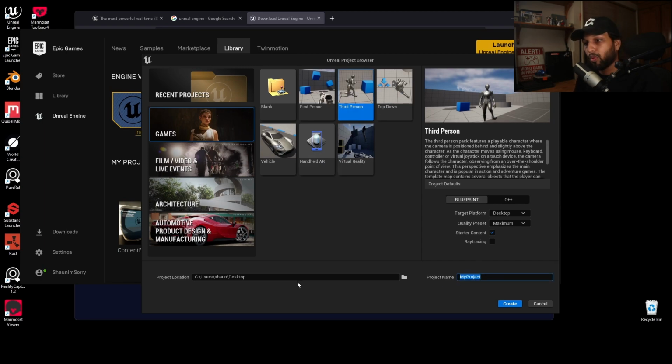ahead and name it whatever you want, and just make sure wherever you save this, you have a little bit of space, because Unreal Engine projects do swell a little bit, especially when you start adding things like Megascans in there and downloading stuff on the marketplace. This size may increase. So just for the purposes of this demo, to keep it very short and sweet, I've just saved it on my desktop, and ray tracing is off, starter content is on, and I've got blueprint selected